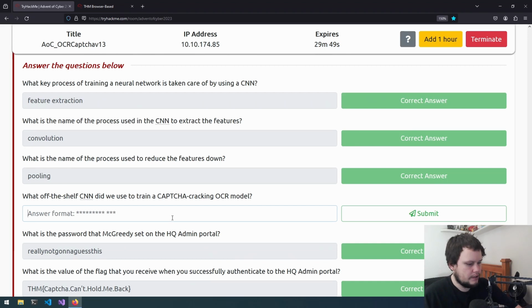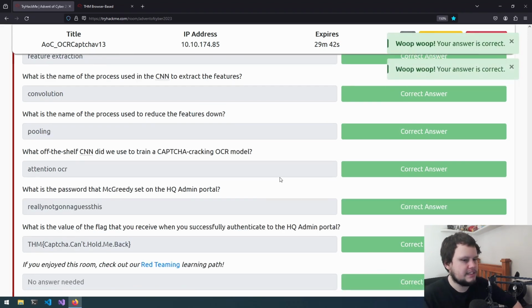We used Attention OCR. So that is day 16 of Advent of Cyber